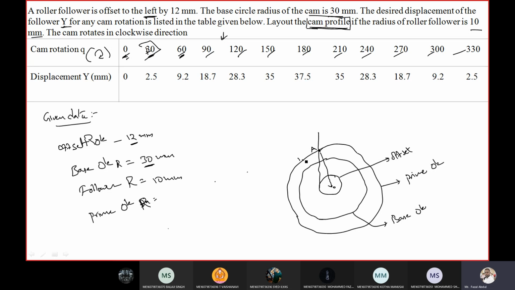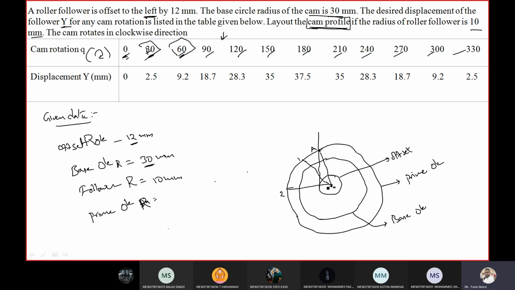Now next is 60 degrees. 60 degrees means from the first point. So connect this point to O with a very thin line. Connection from 1 to O is a very thin line. From this O to 1, measure 60 degrees and plot here. Give that name as 2. Again, after denoting, join this here.